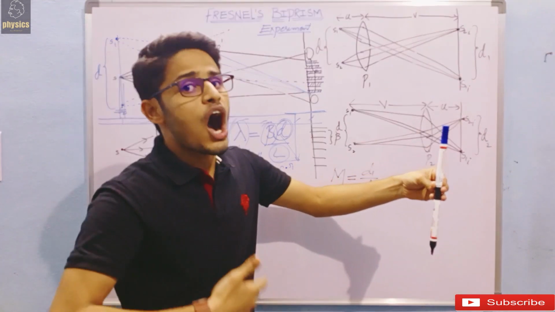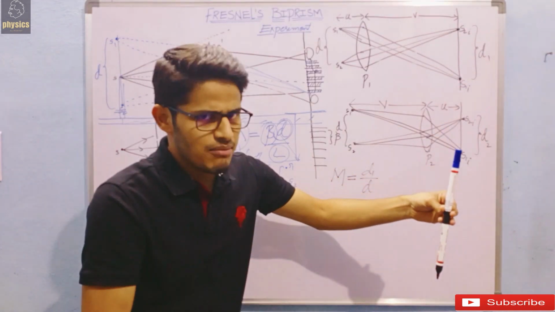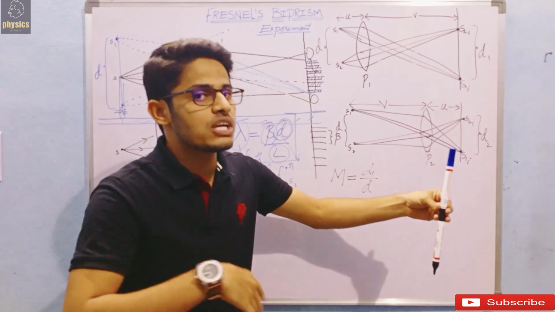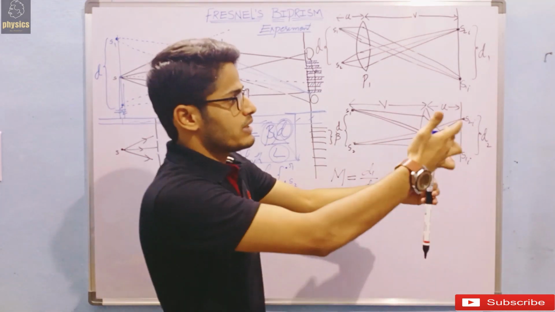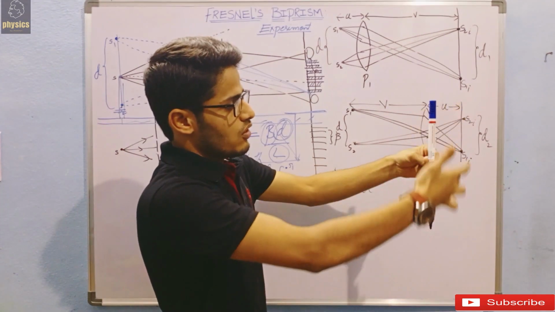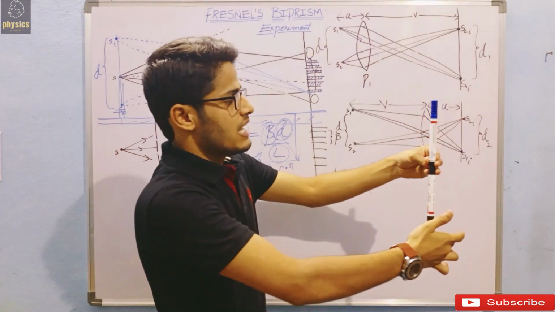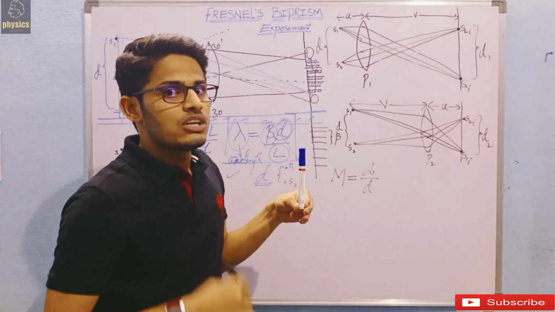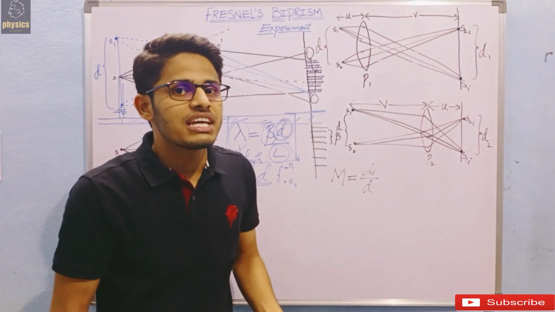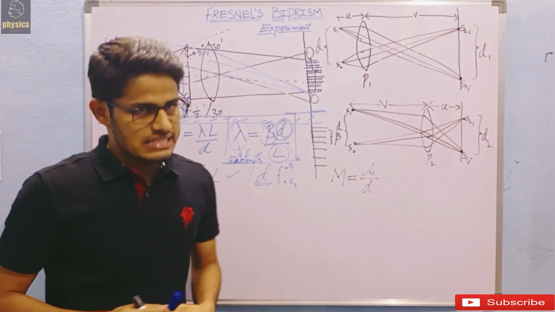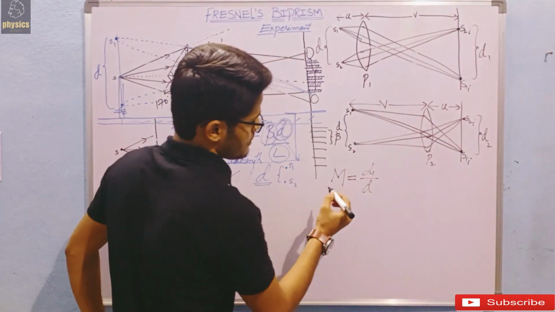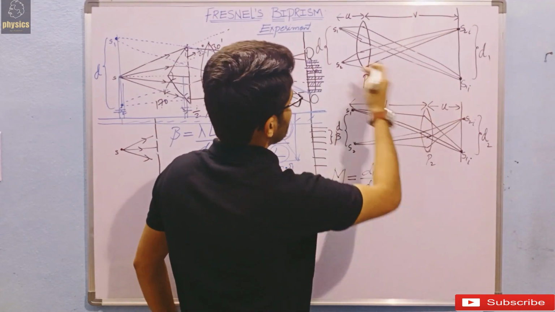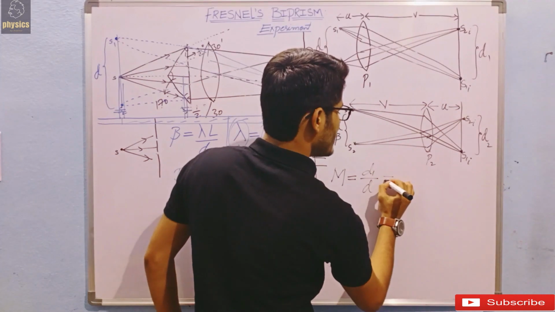If you want to know by how much the object got magnified, you have to take the length of the magnified image and divide that length by its original length. You will get the magnification of the lens. So here the magnification was D1 by D, and that will be equal to